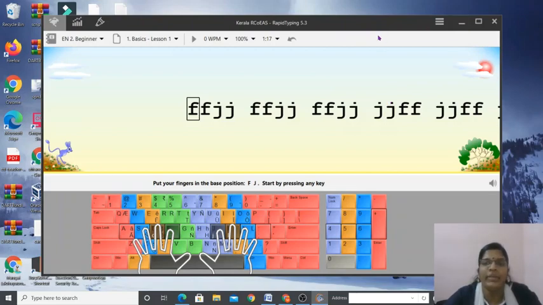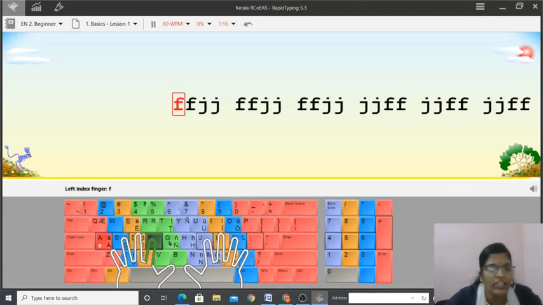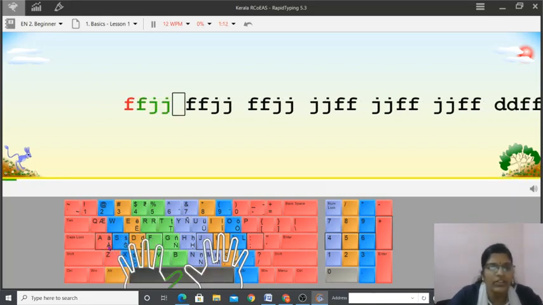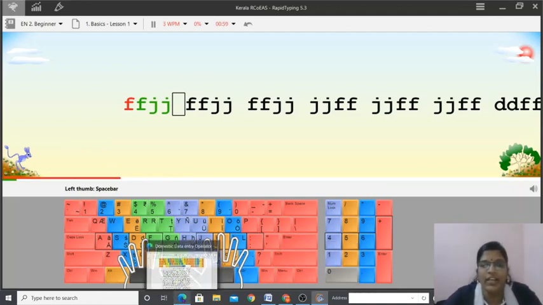So this is called Rapid Typing Tutor. You have to learn how to work on this. You should know each and every part of this window, then only you would be able to do it. And you can see the keyboard over here. Whatever key you press, you can see that particular key popping up. Do you see? Not only look at here, look at the keys here. First we will go to the lesson and then we will see.